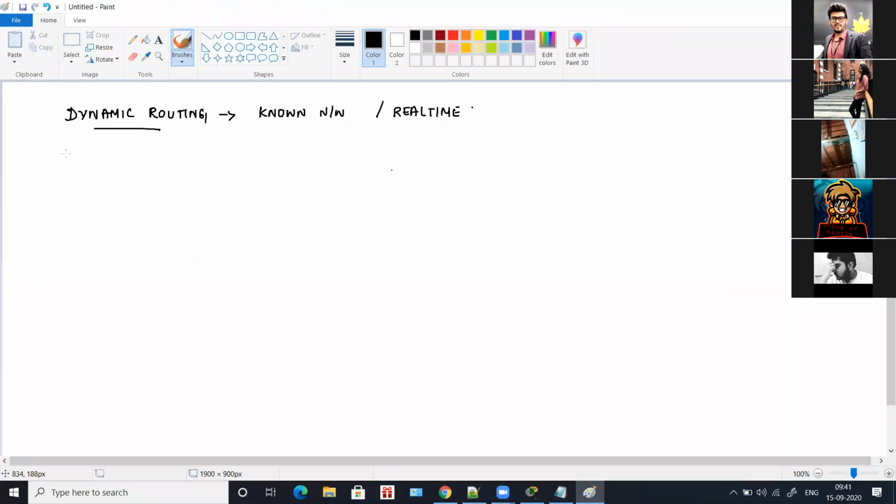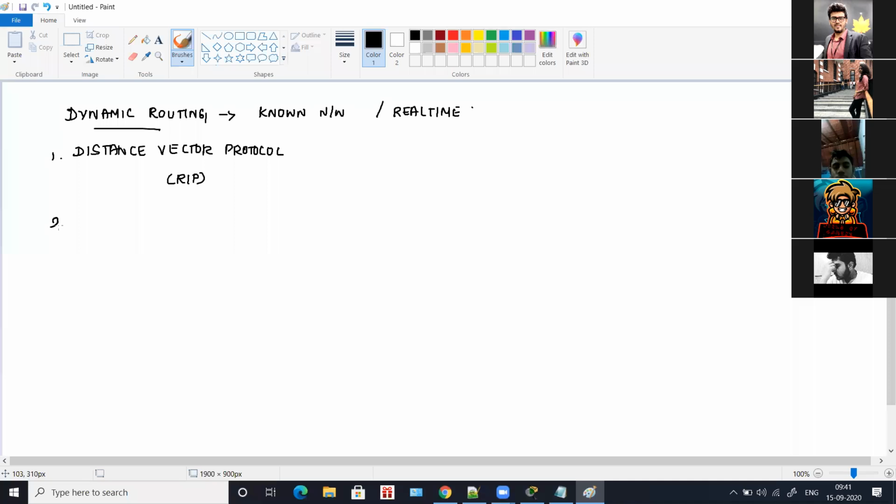In dynamic routing, as I told you, there are many types of dynamic routing protocols. The first one is the distance vector protocol, and in the distance vector protocol you have something called RIP.